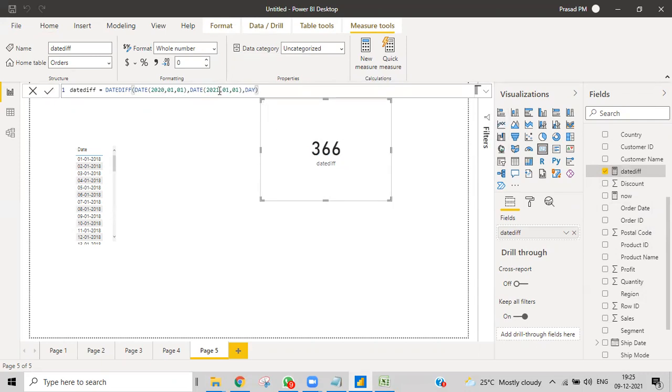Why is it 366? Why is it not 365? Can you please tell me? Because it's 1 year plus 1 day. Like we have taken from the first day of 2020, and then here also we take the first day. So it is from the first day to the last day of that particular year, obviously 1 year.